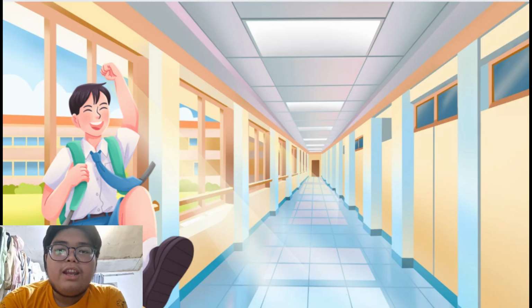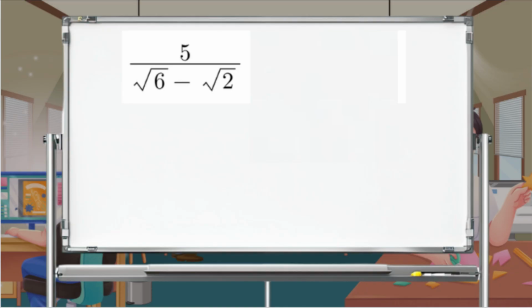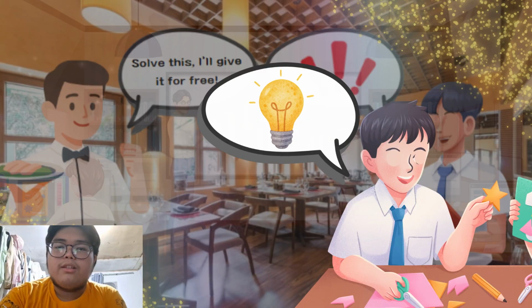Later, John finally arrives at school and he sees his math teacher and remembers that math is the only class that he fails. The teacher walks up to him and says, "John, if you are able to solve this problem, I'll give you extra credit and you'll be able to graduate." John sees the problem and realizes it's the hardest one yet. He remembers what the waiter told him.